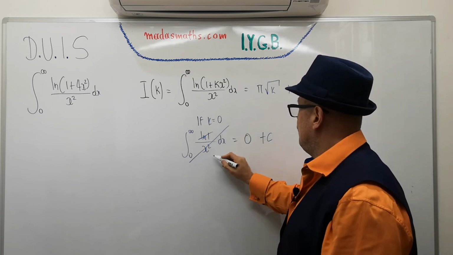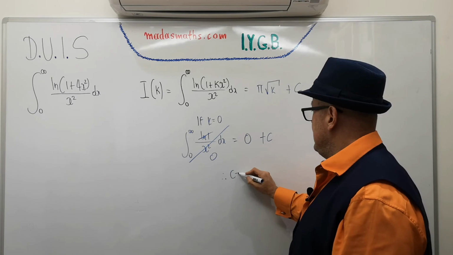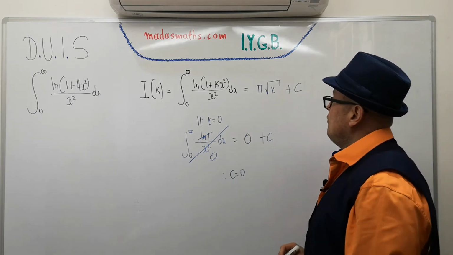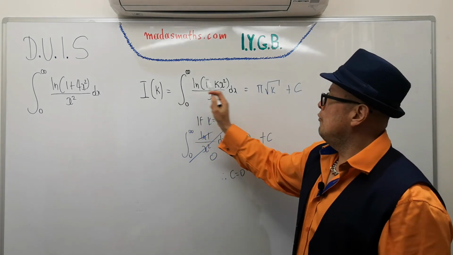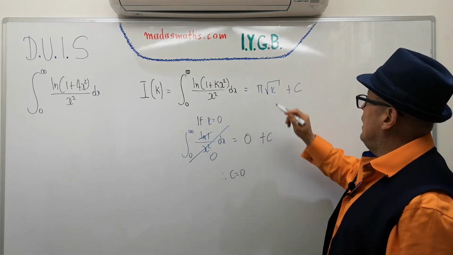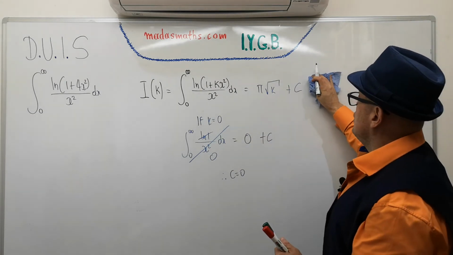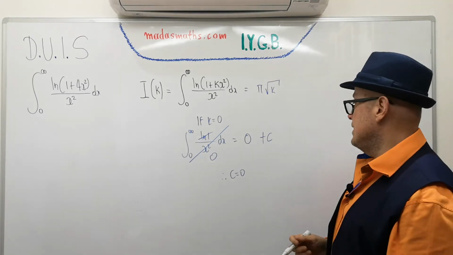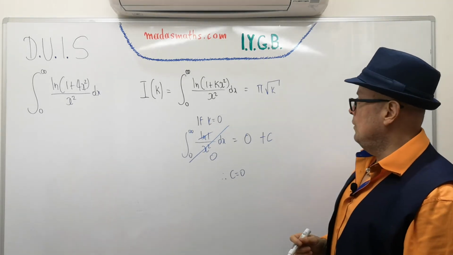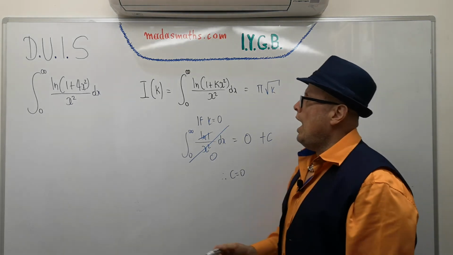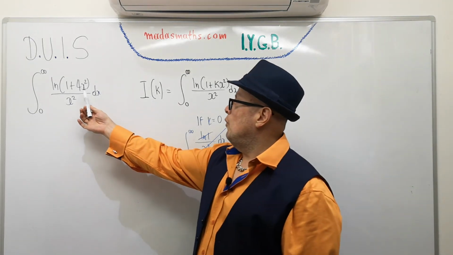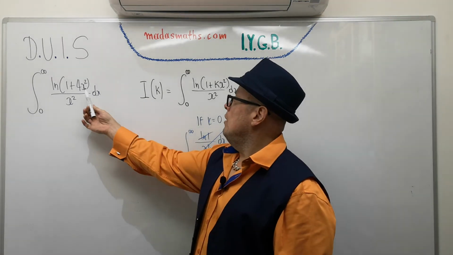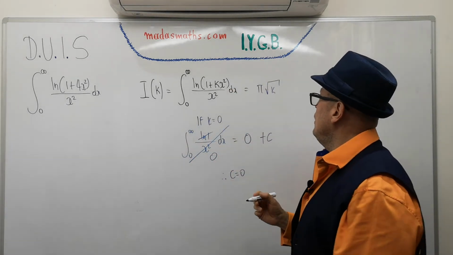This integral is of course 0, and therefore my c is equal to 0. And therefore we found that the I of k, which is this particular integral, is simply pi square root of k. The plus c, of course, we don't need anymore because we just established that this value is equal to 0. And therefore our particular integral, which of course is I of 4, we're replacing k for 4, will be